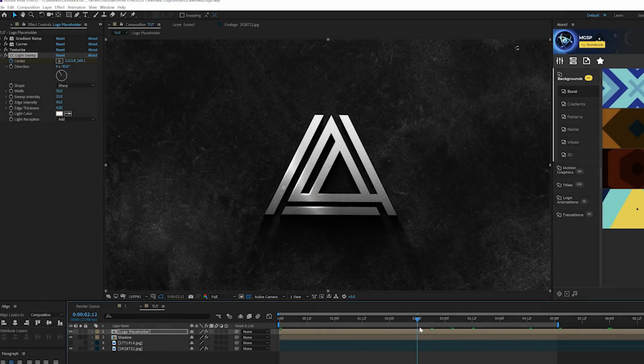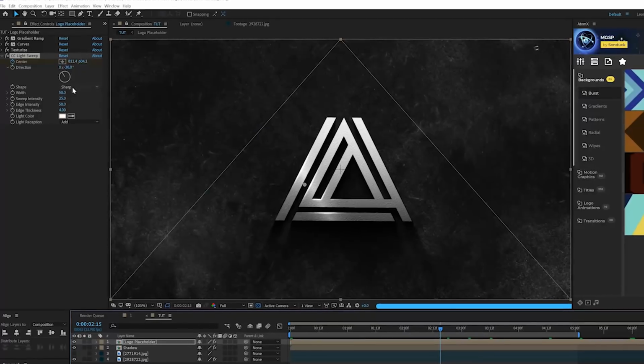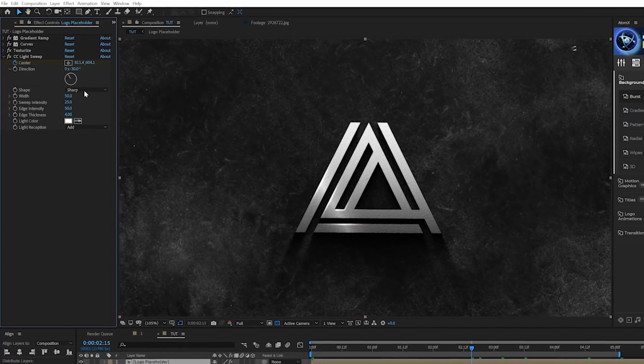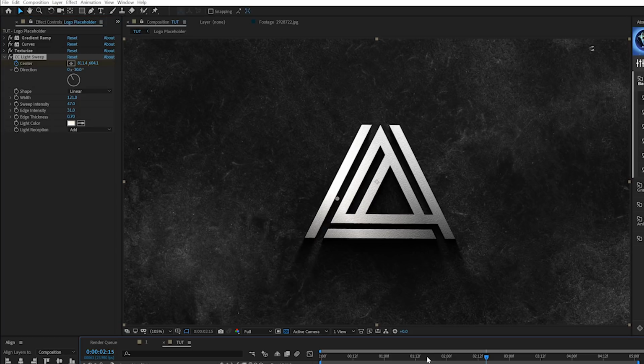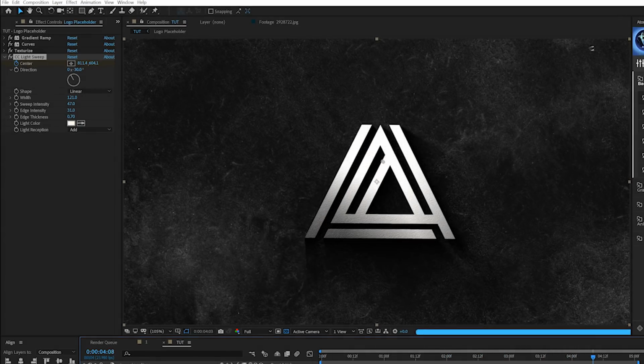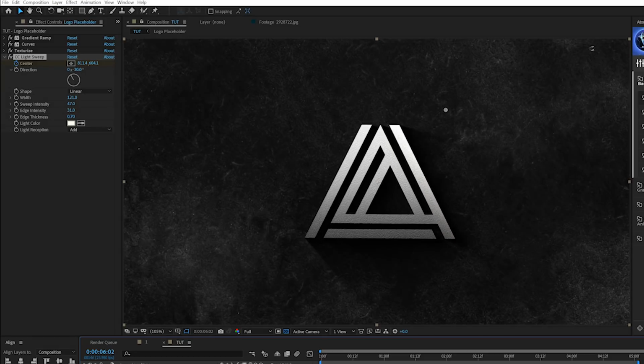And then I can scrub here to the middle, and I can start making some adjustments. So I'll come here to shape, and I guess it's linear, which will help out a little bit. And I'll come here to width, and I'll just go ahead and increase that. And we'll come here to sweep intensity. We can brighten that up. We can bring down the edge intensity by a touch, and also bring down the edge thickness to like 0.8. So we're only lighting up the logo. So automatically, as this comes by here, boom, you get this nice little light reveal across our logo, and that's